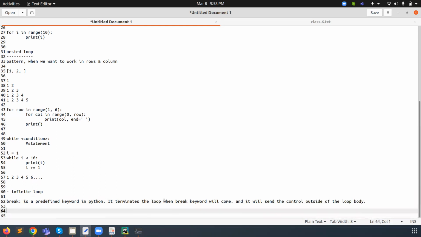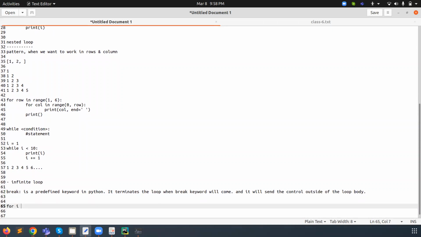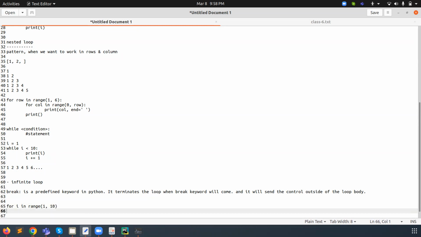How? We can define it here, for example, using a for loop, for i in range. Right now we are using a range, but later we will use lists and collections of Python.